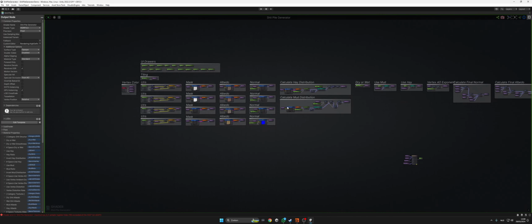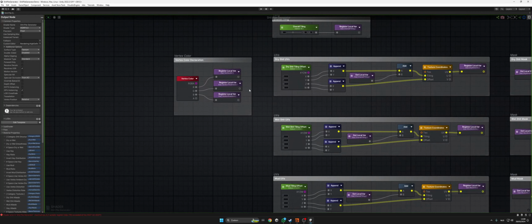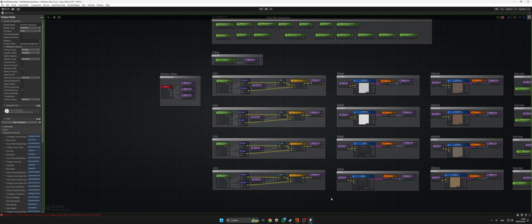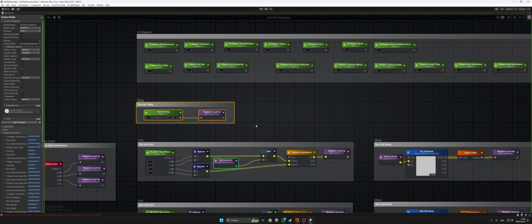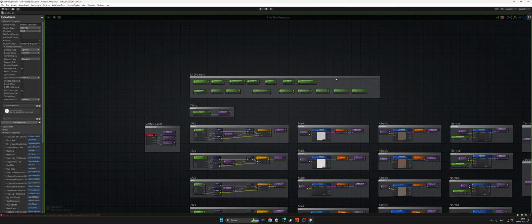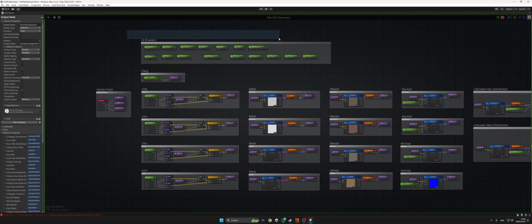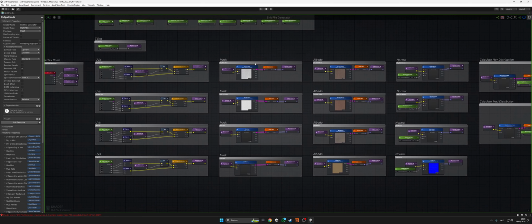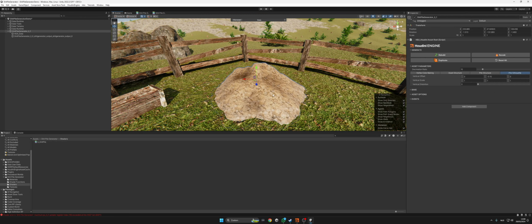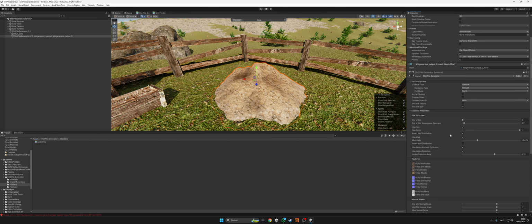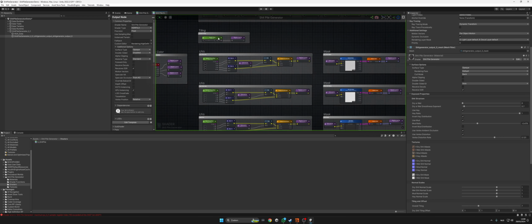This is my node graph, as you can see. It utilizes vertex colors, multiple UV channels on all of these masks, the overall tiling. I have a custom UI drawer system, so my UI drawers are different, and my UI inspector is kind of different. As you can see, I have a custom inspector here, and